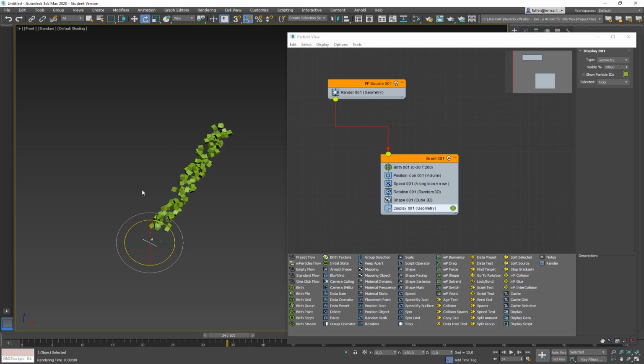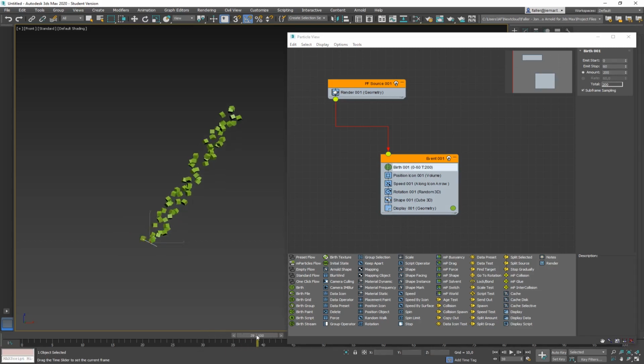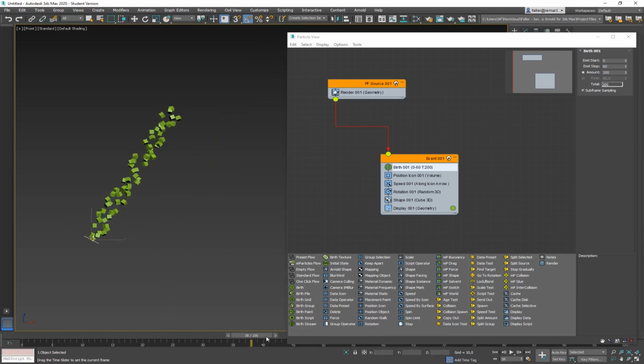So a little bit steeper than 45 degrees. Also my birth event I'm going to change so that the particles are emitted from 0 to 50 or 60 maybe, so that it looks like less particles, but now they are longer born. So they are born during the first 60 frames.